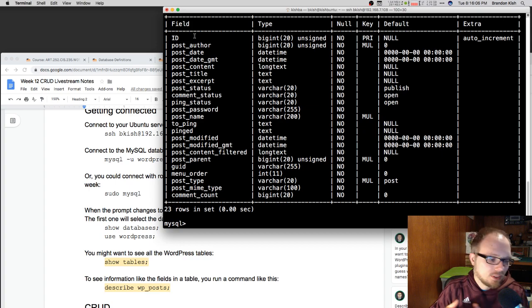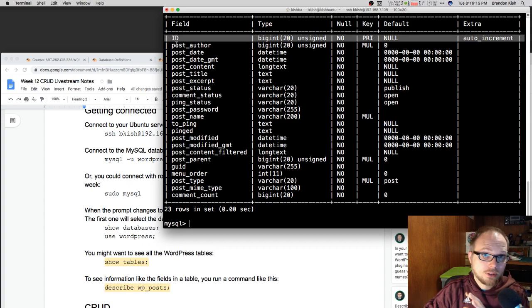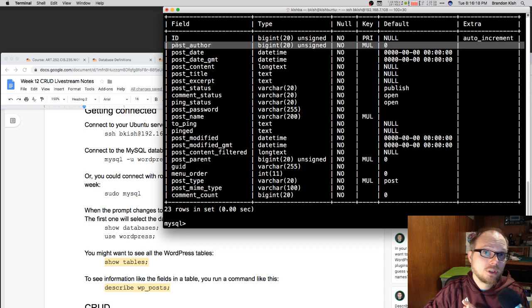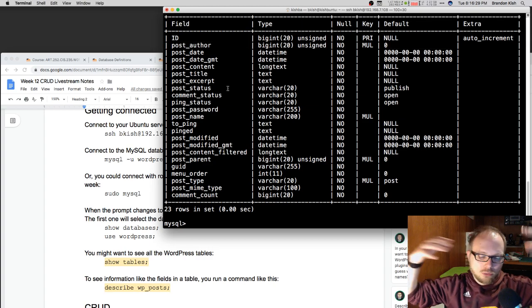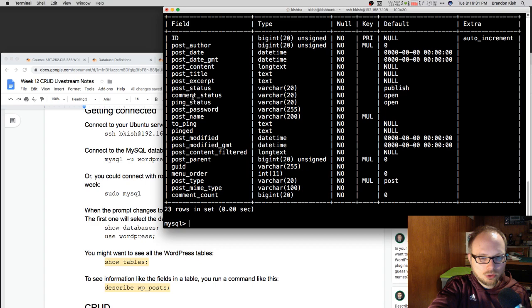In a database, the records that are in a table have to contain the same information in the same place. So every single record in the WP post table has to have an ID. Every single record has to have an author, a date, content and a title. As we're building up this visualization of what the database is, the describe table name query allows us to see